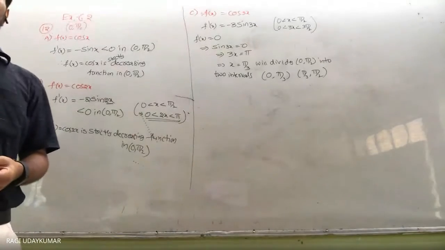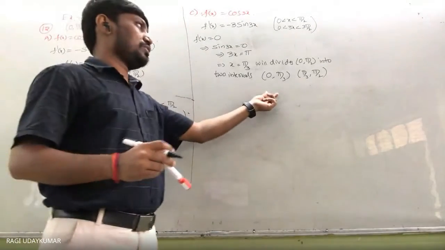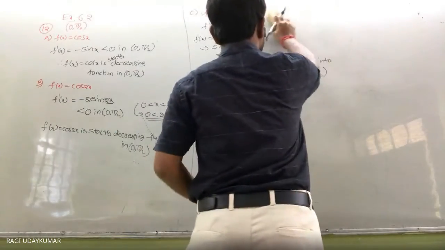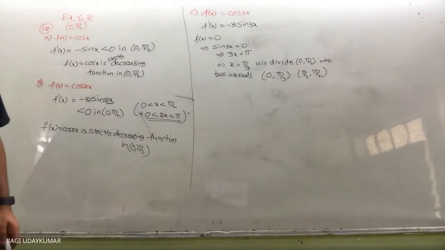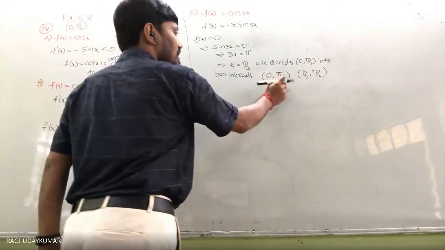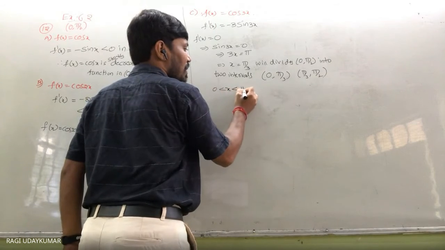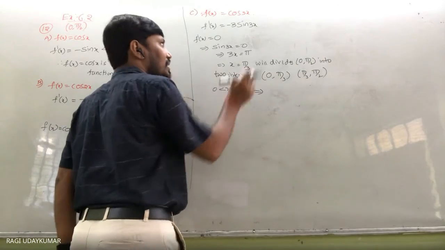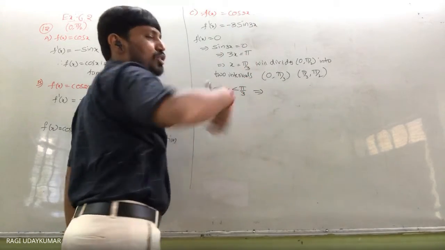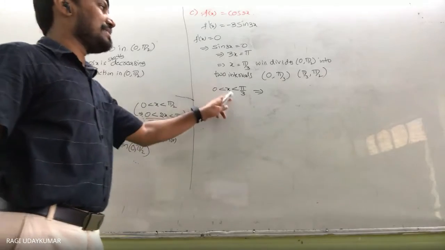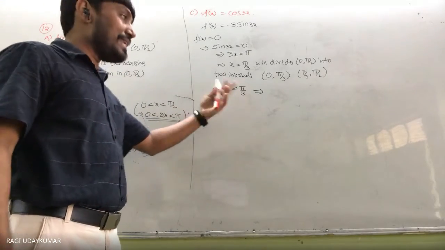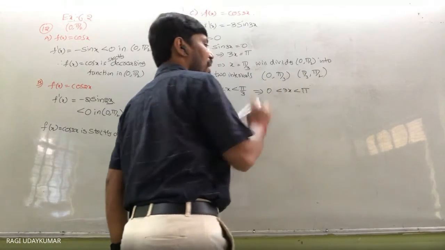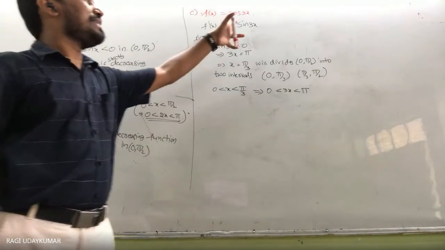In the case of 0 to pi by 3, what is there? That one is not necessary for us now. Here x lies between 0 less than x less than pi by 3. Then you need to see in what interval 3x lies, so that you can find whether minus sin 3x is positive or negative. x is in between 0 and pi by 3, then 0 less than 3x less than pi. So in 0 to pi, how will sin 3x be?